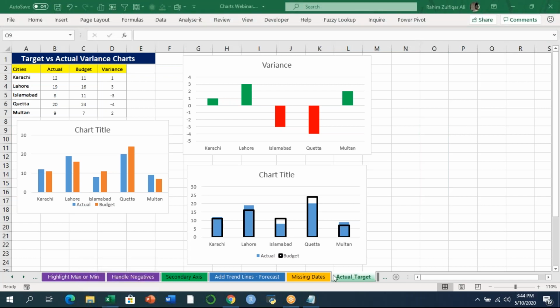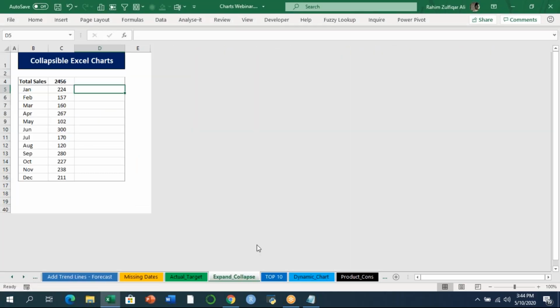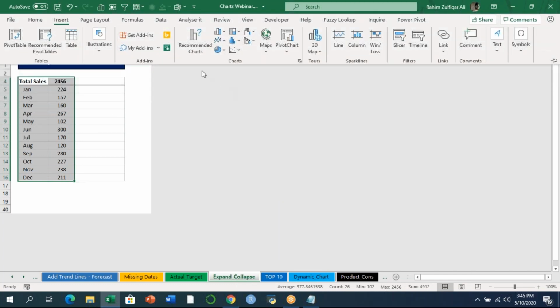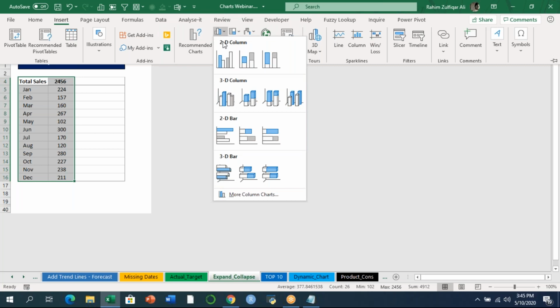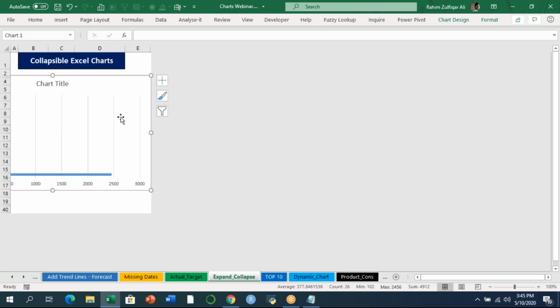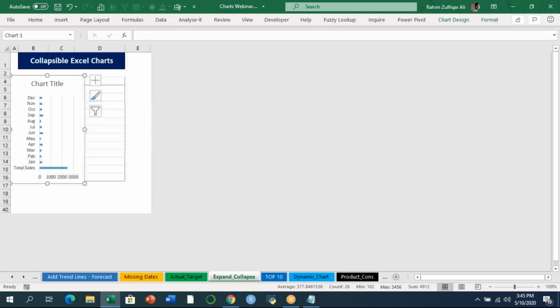All right, so next is something about expandable and collapsible charts, how we can create that. So for example, if I have data and let's suppose I go with a bar chart this time. Okay, so I have created a bar chart,